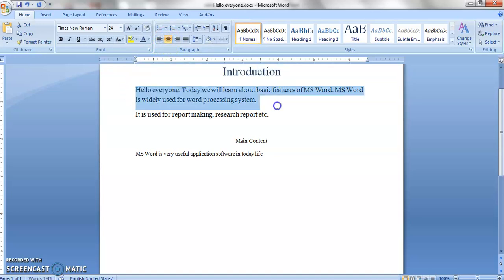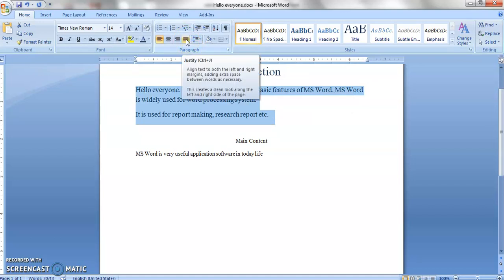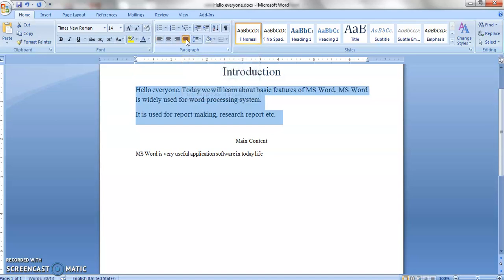And for the content below the title, it should be at the same level, so for that we will use justify. When you click the justify alignment, all lines will be at the same level. Okay. So these are our four types of alignment.